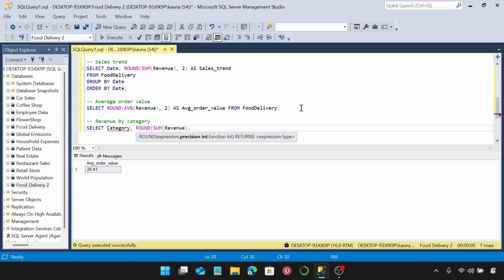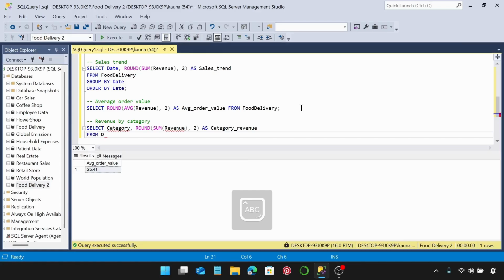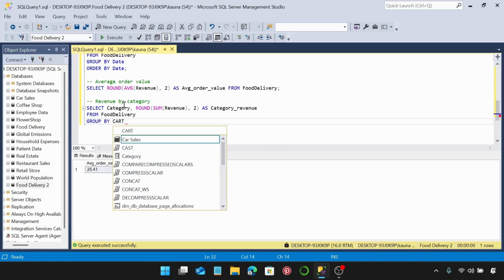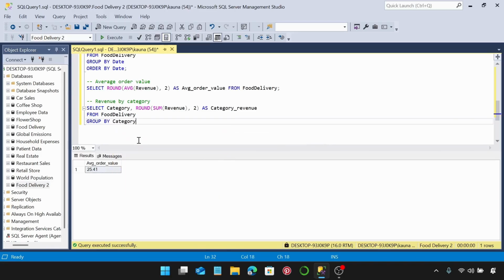I'm going to round it down to 2 decimal places as, let's just do category revenue, and we're going to reference food delivery, so that's going to be from the food delivery table, and we're going to group by category, and we're going to order by category revenue in descending order, like this. Now let's run this query,